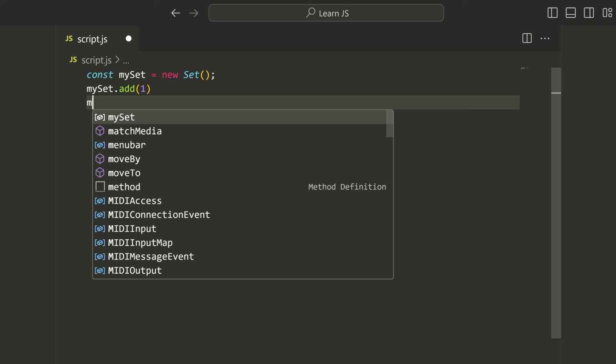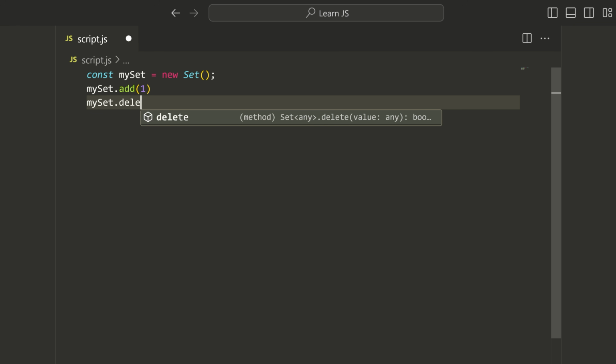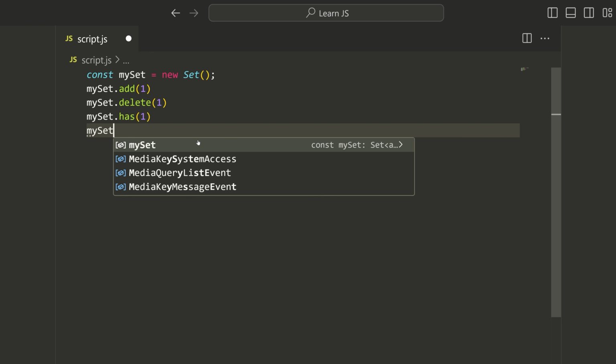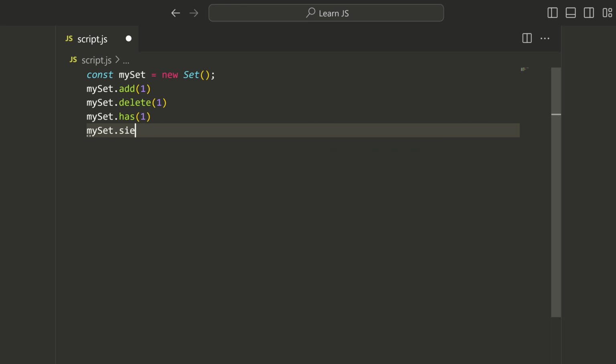You can add a particular value. If you want to delete something from the set, you guessed it, you can use the delete keyword. If you want to see if a set has something, you can say mySet.has. This is O(1) time, so constant time if you want to check if something exists. If you want to get the size of a set, you can say mySet.size. That'll give you how many elements are currently inside of the set, and you can iterate over the set